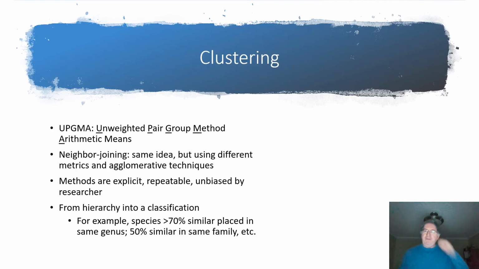So that method that I just exemplified is something that you will find widely used. You'll find it in your MEGA implementation. This is called UPGMA, which stands for Unweighted Pair Group Method using Arithmetic means. So you can see we're doing everything by pairs, and we're calculating our distances on the basis of the arithmetic means of all the members of those groups.